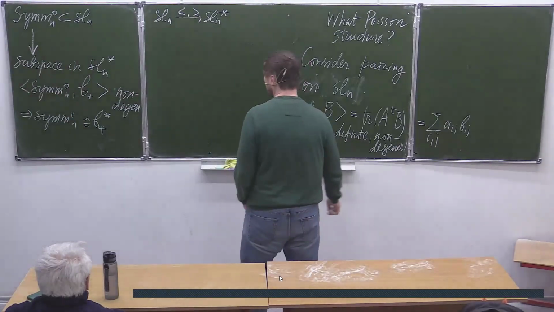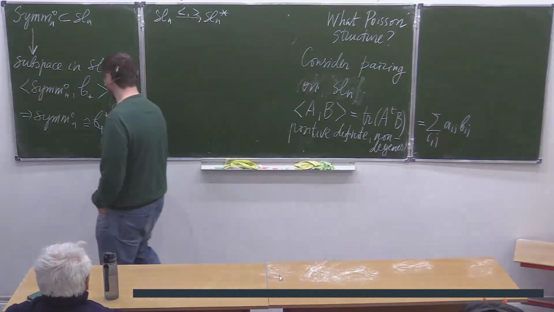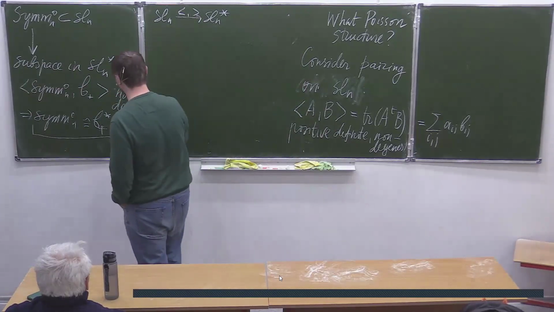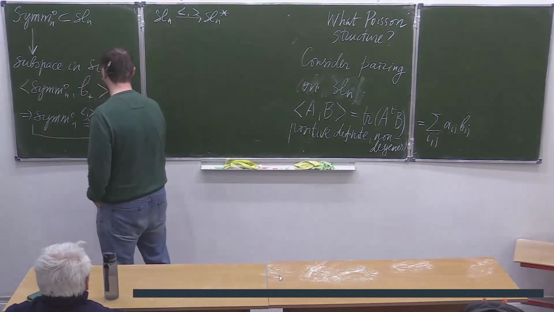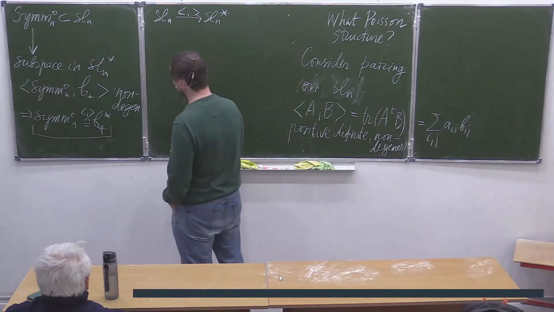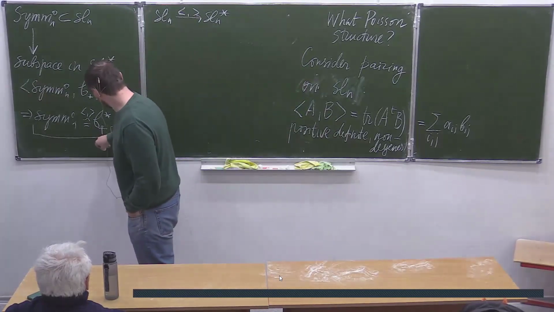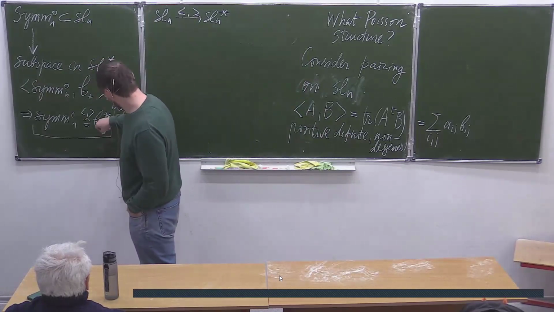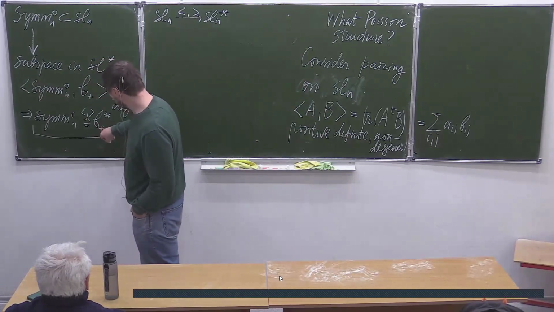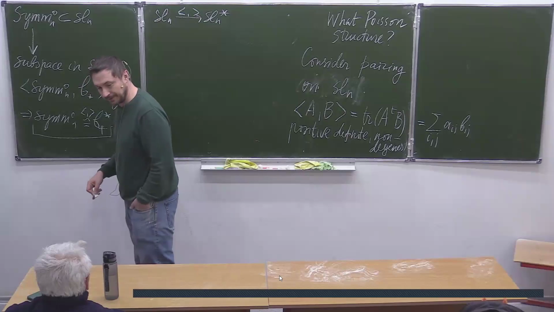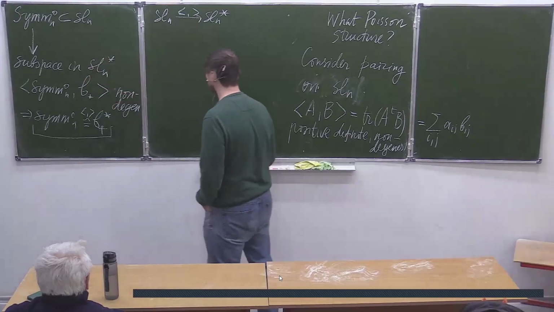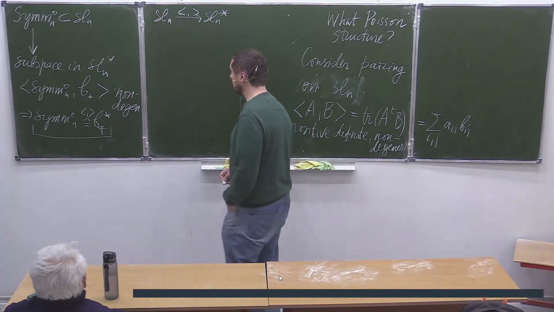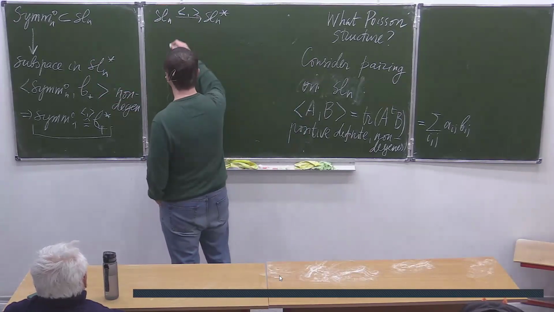And I'll use this identification to pull the Poisson bracket from here, the canonical Poisson bracket on the dual space of a Lie algebra, to the space of symmetric matrices. That's what I'm going to do. The canonical Kirillov bracket. Namely,